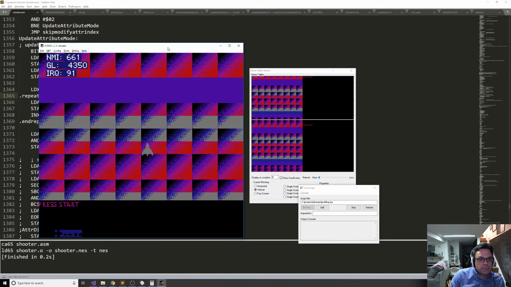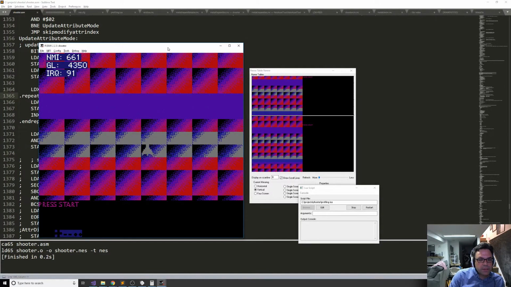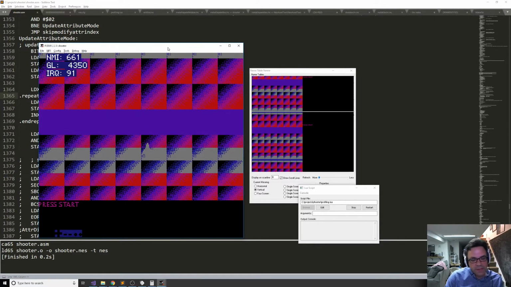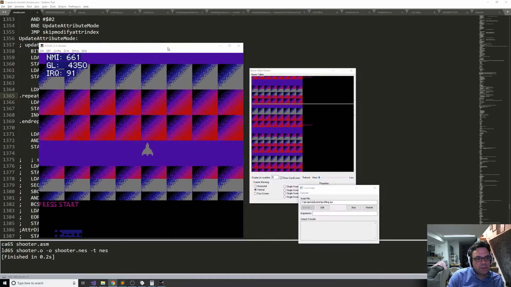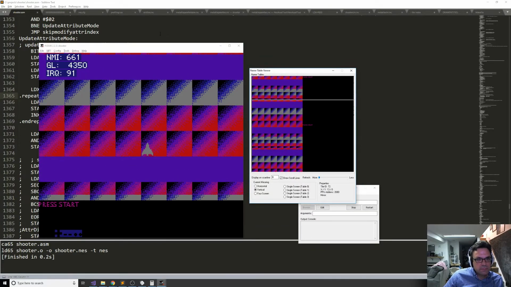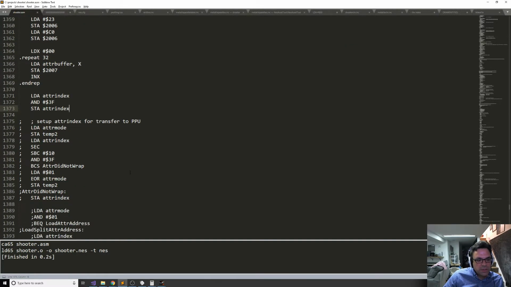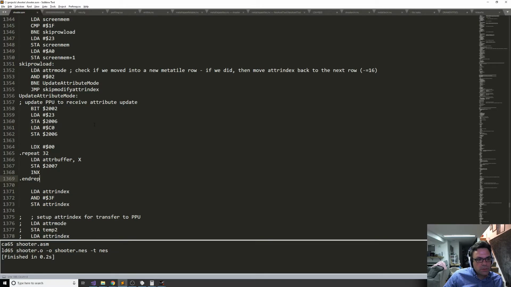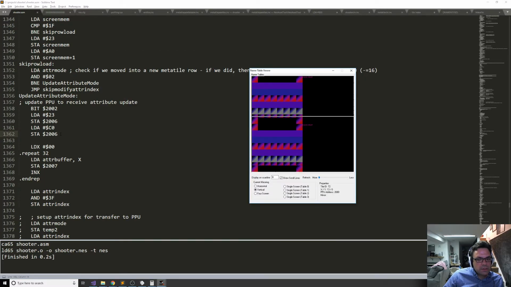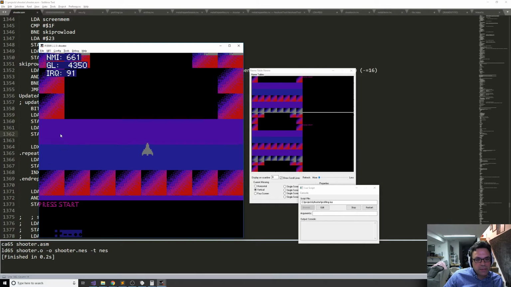While we're not in a working state with this, it's definitely better. I think we're in a better place because we understand the problem better. Now we understand that trying to just update the single row is actually more complicated in terms of updating the PPU, because it requires that we set up the address we're writing to in the 2006 address register, and then trying to handle that properly